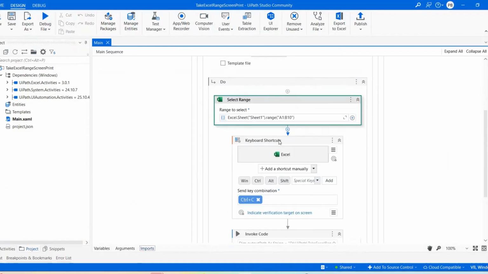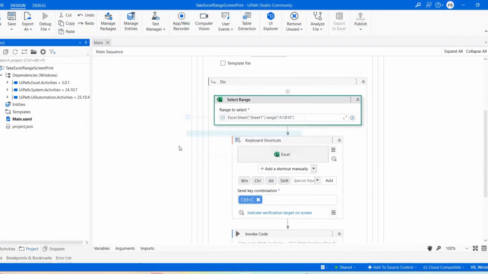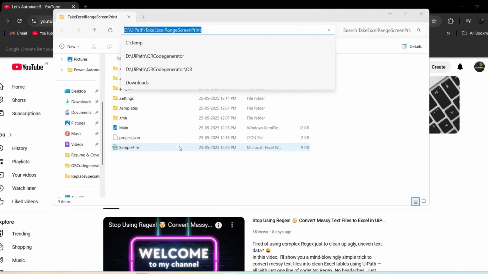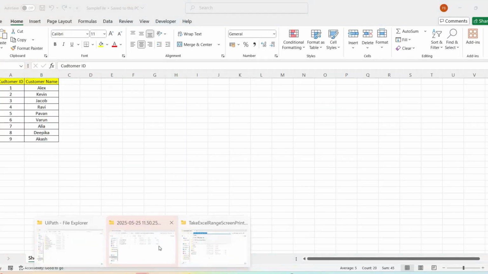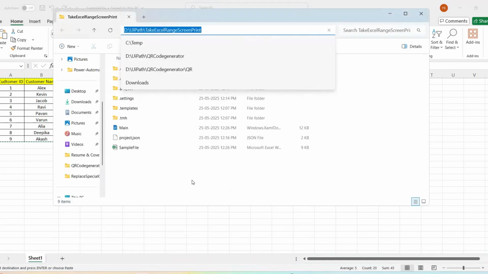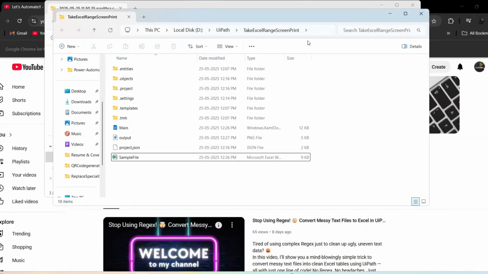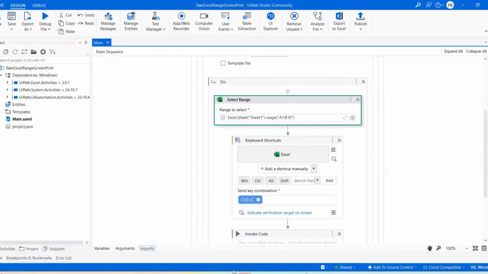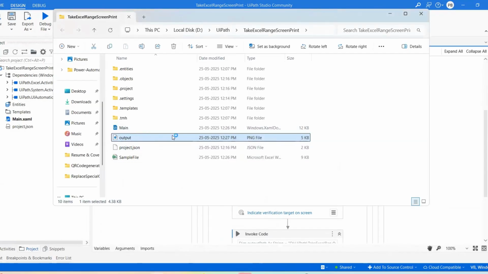Okay, before this, I'm just cross-checking A1 to B10. Okay, we are done. Oh, okay, sorry. It just completed, my bad. But you see the output,